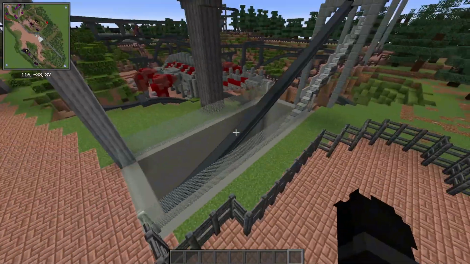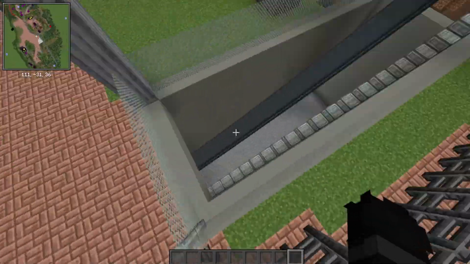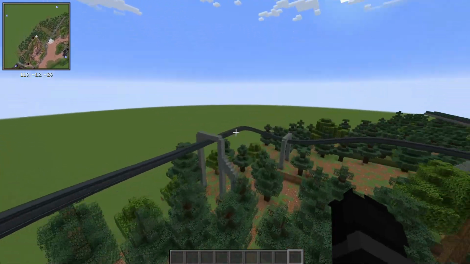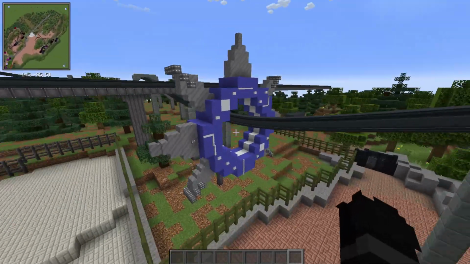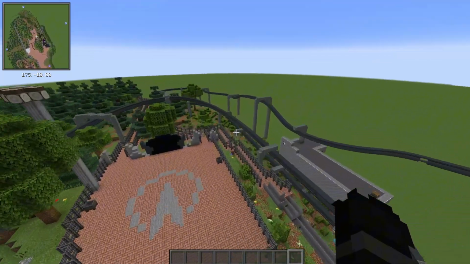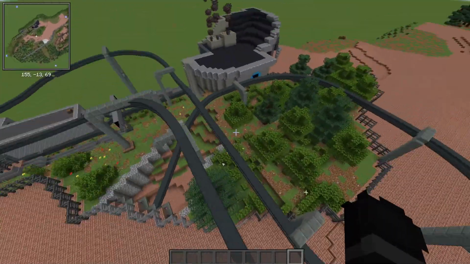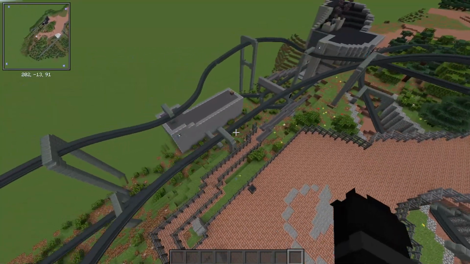We got the chain lift here, which these stairs were annoying to make. It comes out this dingy little tunnel, which I actually do need to add some detail to. It comes up here, down this way, and then it goes through this portal, which is cool. Up and around, goes around this area. This is where the sign will be. It says Galactica on it. Goes around, down this tunnel, around the station area, over this bit, back around and into the brake run,